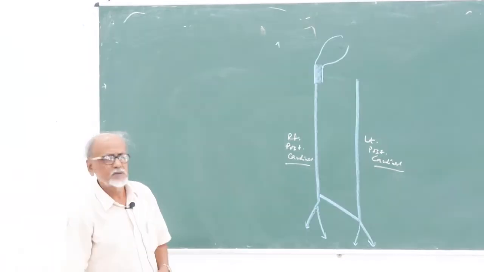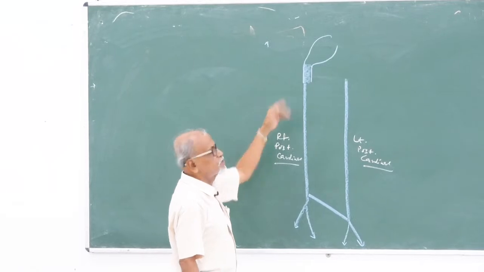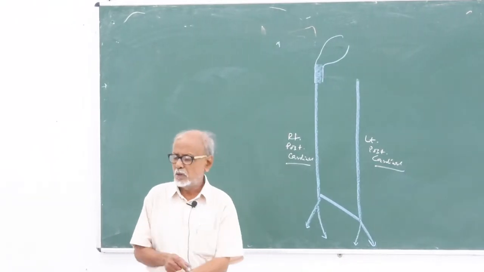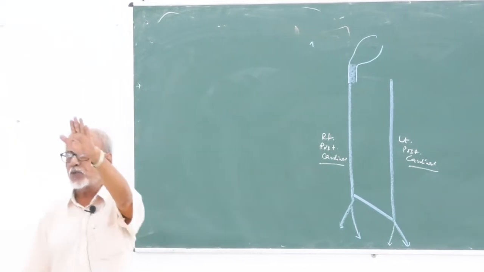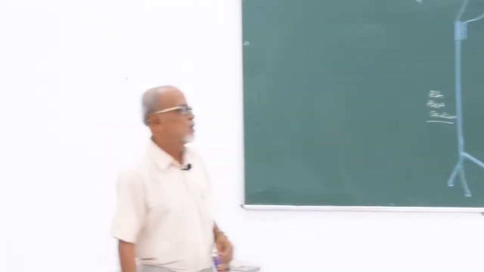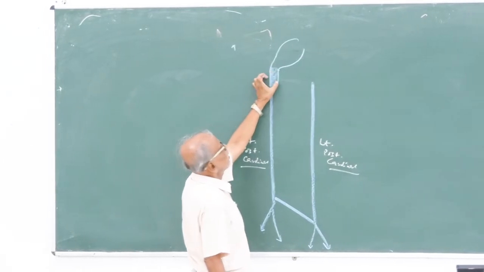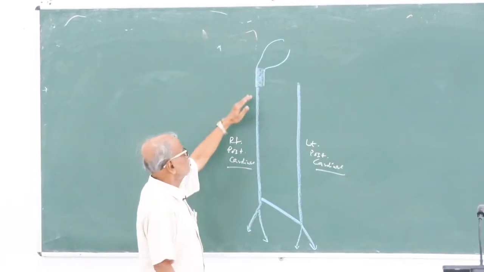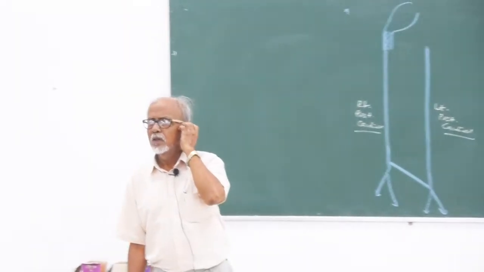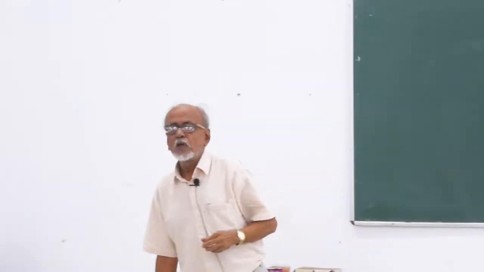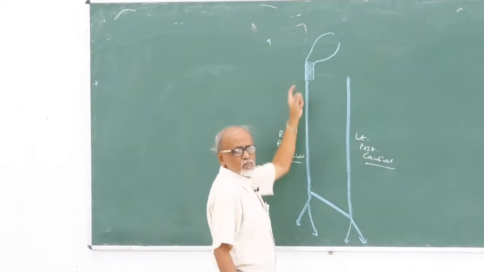The terminal part of the posterior cardinal in this diagram is quite broader than the rest of the right posterior cardinal. Why is this so? Because this part of the right posterior cardinal really